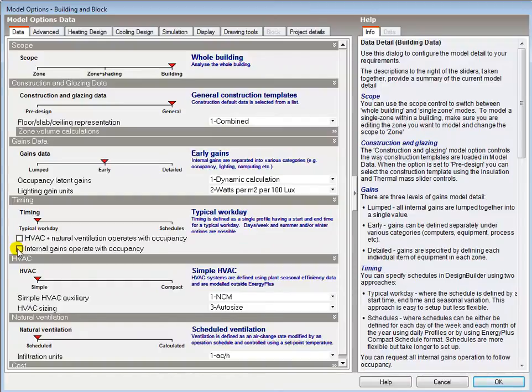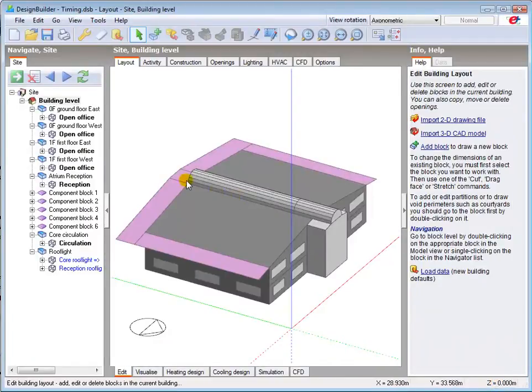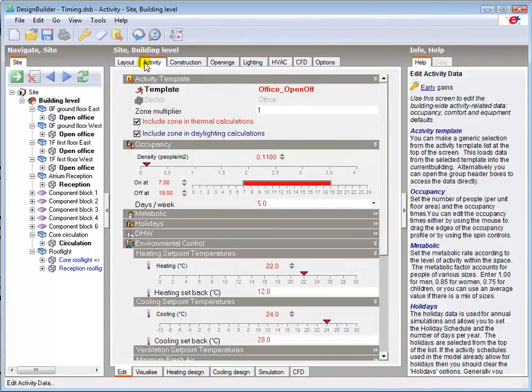The typical workday timing option is loaded into the model when we click OK to make the changes and close Model Options. The on and off times and operational days per week can now be set for each relevant parameter, i.e. the occupancy and internal gains in the Activity tab,